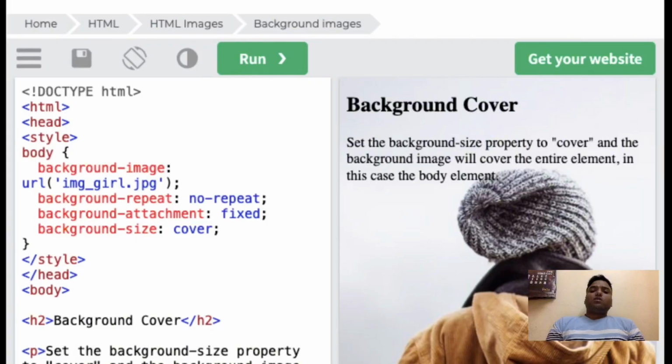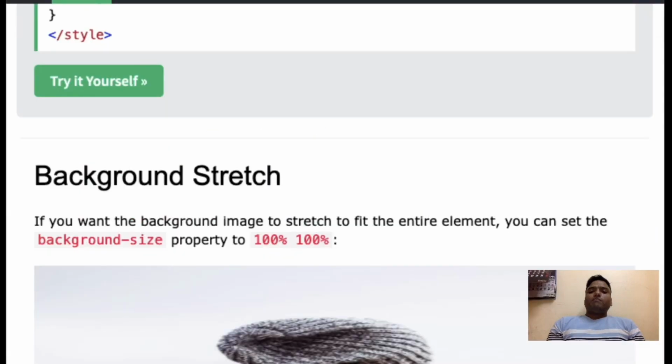Whatever is written will be displayed inside it. You can see over here in this code the h2 background cover, set background color. Whatever is written will be displayed above it, and it will cover everything under it.